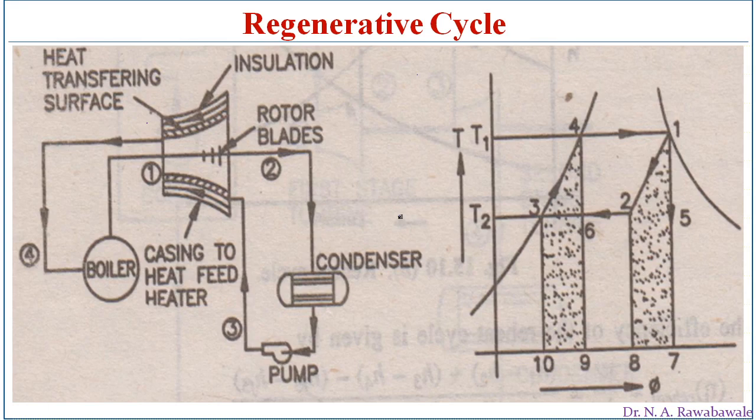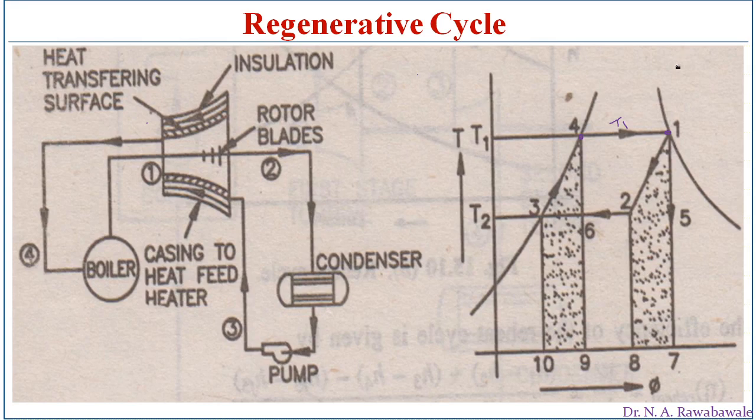So now what is this regenerative cycle and what is the necessity of the regenerative cycle? First of all, what we studied in the case of the Carnot cycle: the heat is supplied at the highest temperature between 4 to 1. In the Carnot cycle, this is the constant temperature heat supply, that is isothermal heat addition at the highest temperature TH or T1. We call this T1. At the higher temperature T1, heat is supplied.